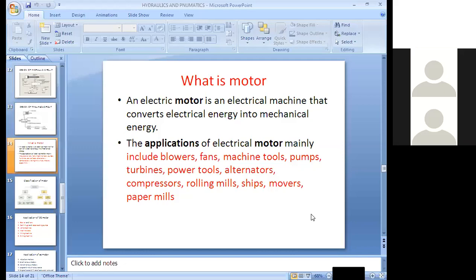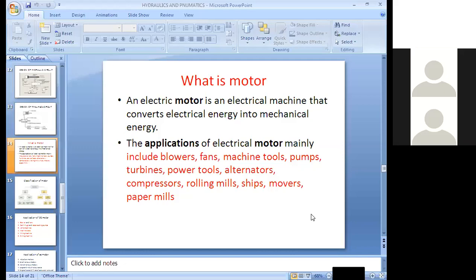Everyone knows this. I think we have already studied it in PUC, high school, and also in engineering in the first year. Maybe in basic electronics you have a subject in which you studied the details of motors. Still, we will go through the definitions. A few sentences I am going to bring to you.